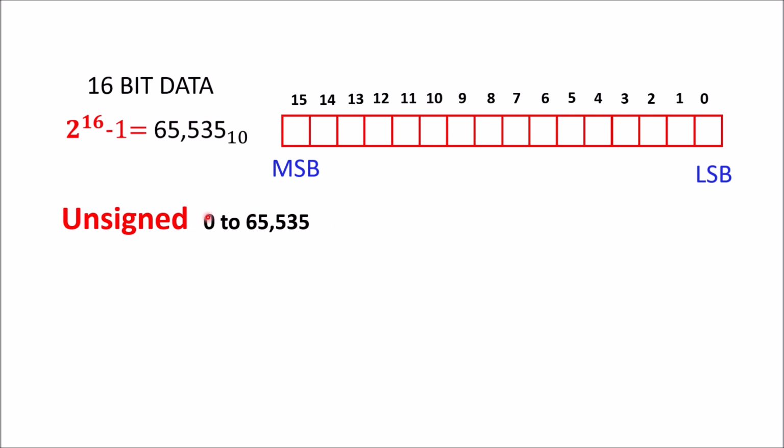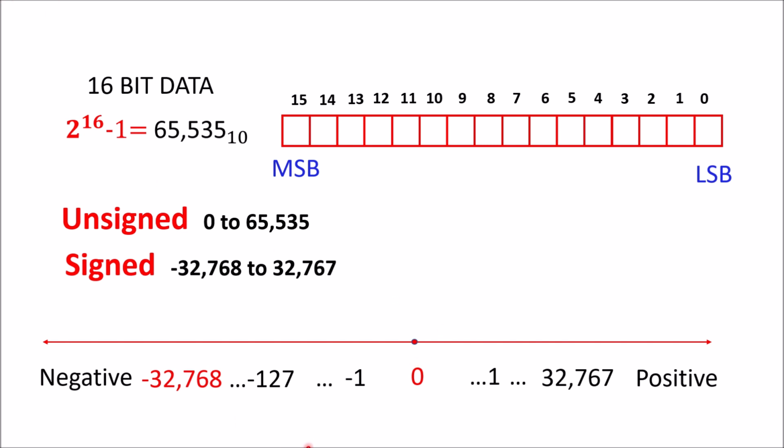There is an unsigned datum of 16 bits, but what happens if we want to use values with negative numbers, that is a signed datum? We'll experience the same effect. We will have to split this maximum number into halves, and we're going to have half of this number for the maximum amount of negative numbers, and the other half of this number for the maximum amount of positive or non-negative numbers, starting from